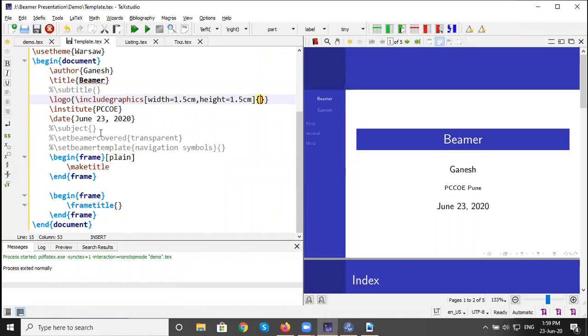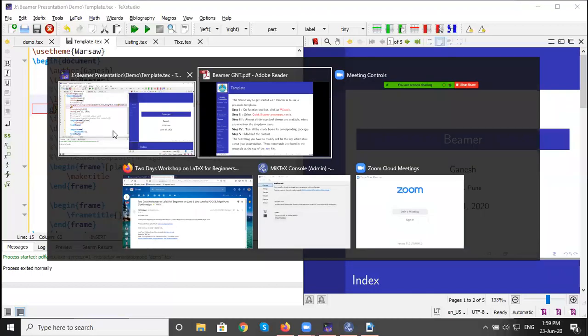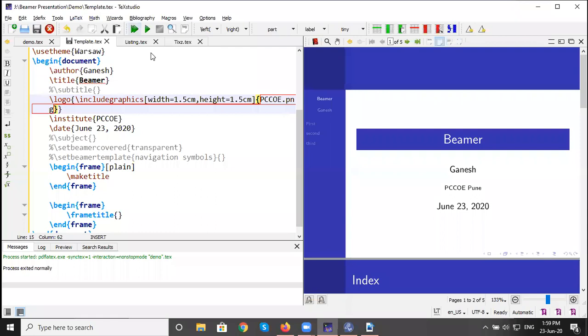In particular, for that particular logo, I use PCCOE dot PNG. Let me check. Okay, let it be PNG, and just run it.